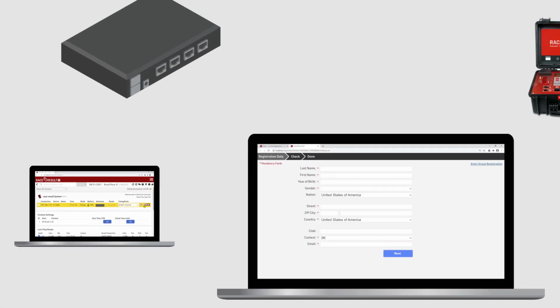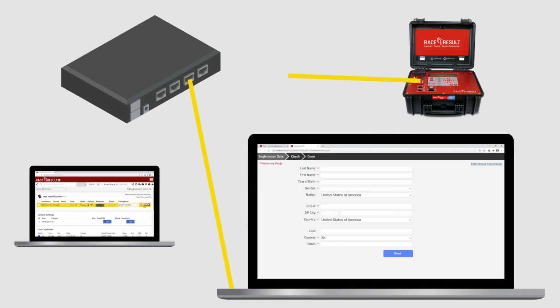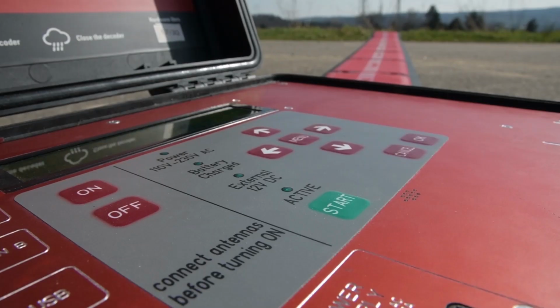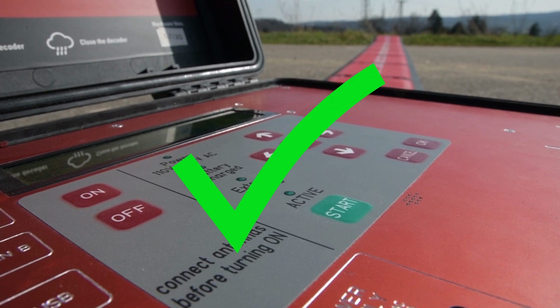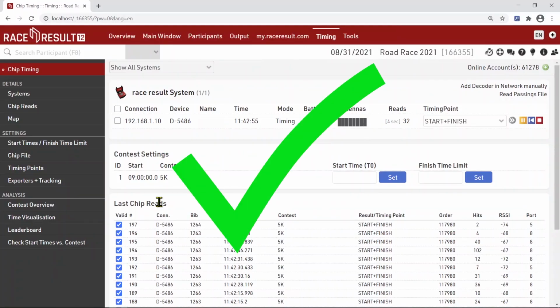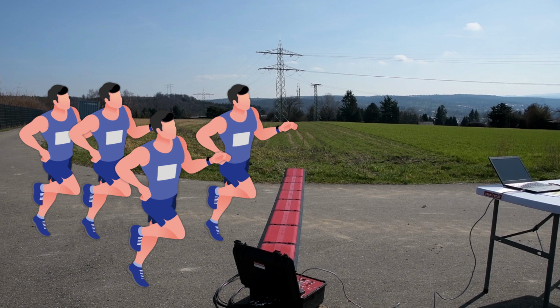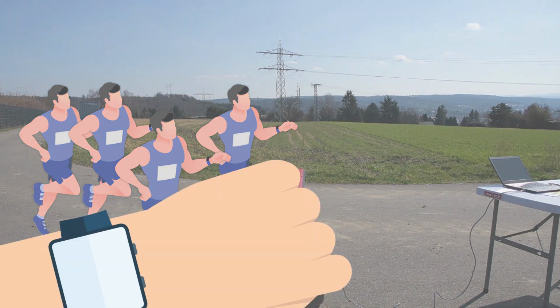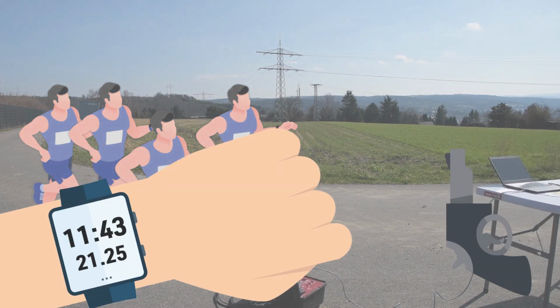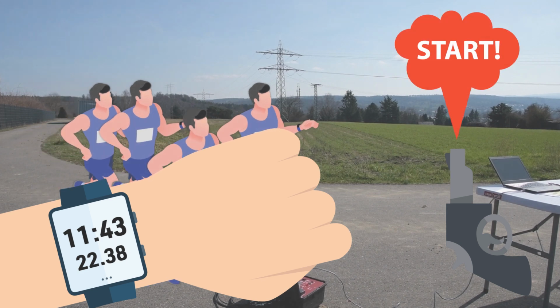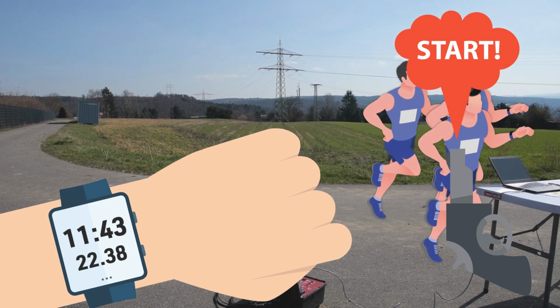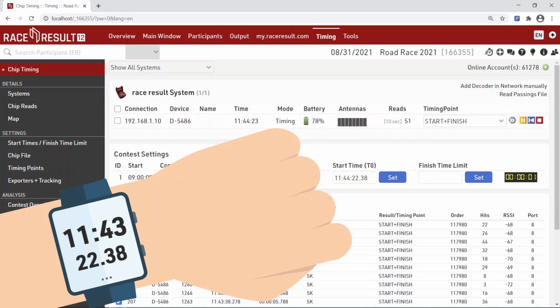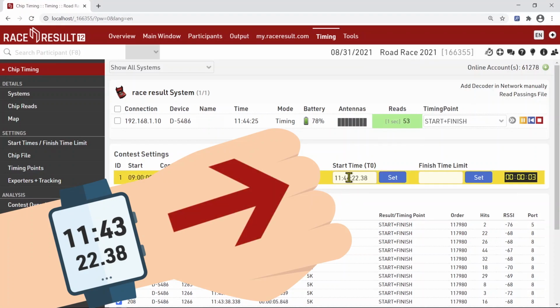If you have on-site registrations, you can add another computer to your network and use the IP address of the timing laptop in the browser to access the event file. Your timing system is set up and turned on, the time is set, you've already tested the connection to RaceResult 12 and now your race is about to start. We capture the exact start time as the gun goes. With the start time we've captured, we can now update the official start time and the software starts working its magic.